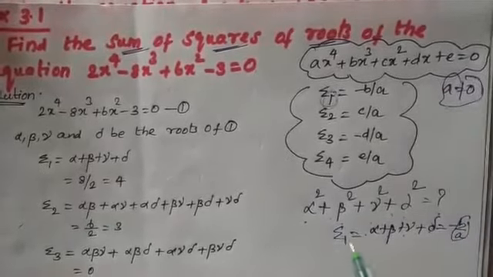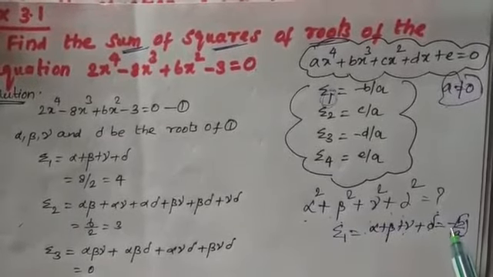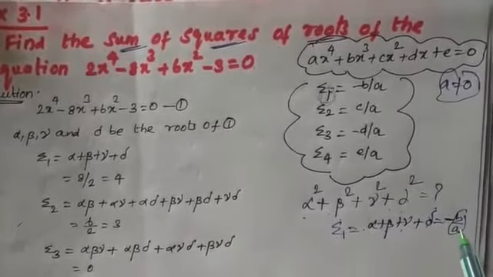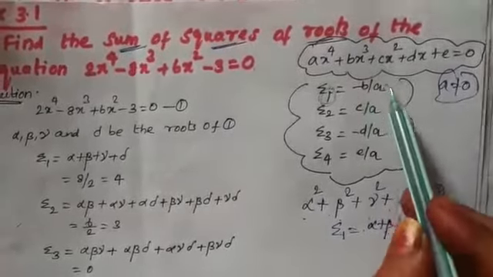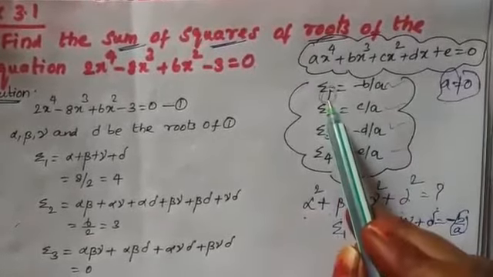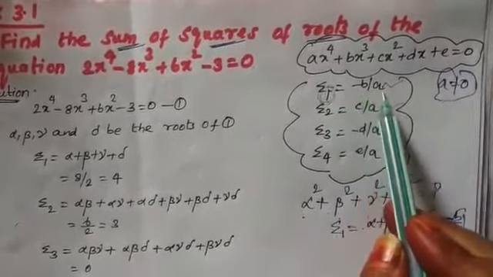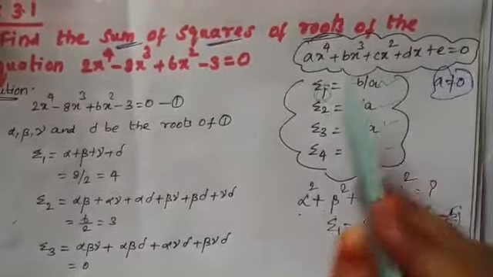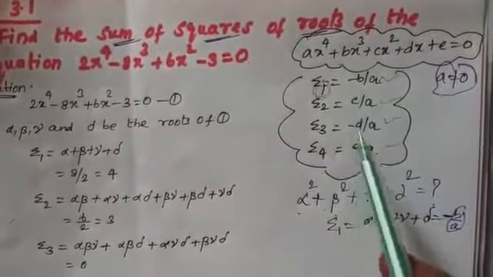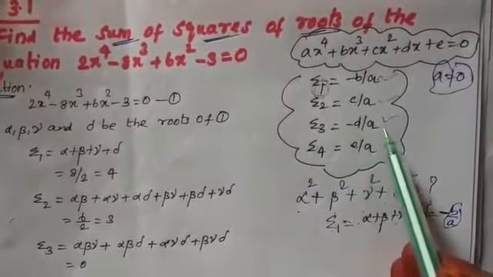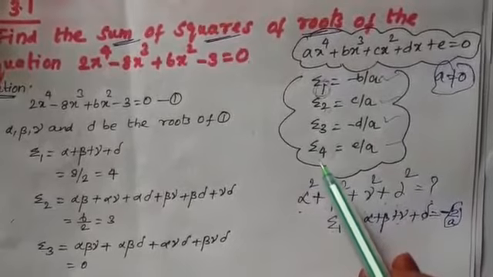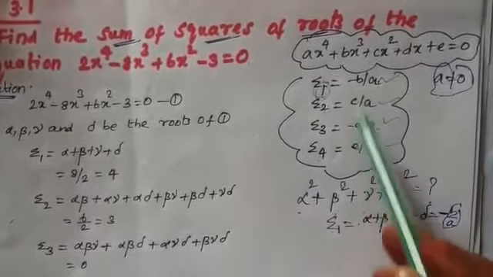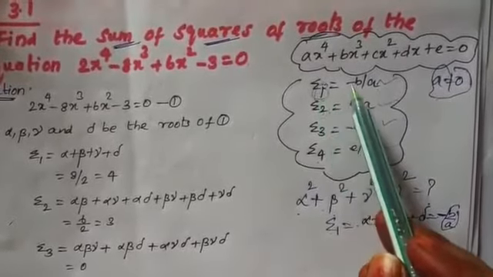I told you, isn't it? When I am starting from 1, it will be starting with alternating plus minus. So first it will be starting with the minus term there. Minus b by a. So this you have to keep in mind. If you are taking one root at a time, it is equal to minus b by a. If you are taking two roots at a time and adding, it will be equal to c by a. This you have to keep in mind. If you are taking three roots at a time, it is minus d by a. Sigma 4, summation of 4 roots taken at a time, will be equal to e by a. You need not worry about this minus plus minus term there. Whenever you are starting, you are going to start with a minus.